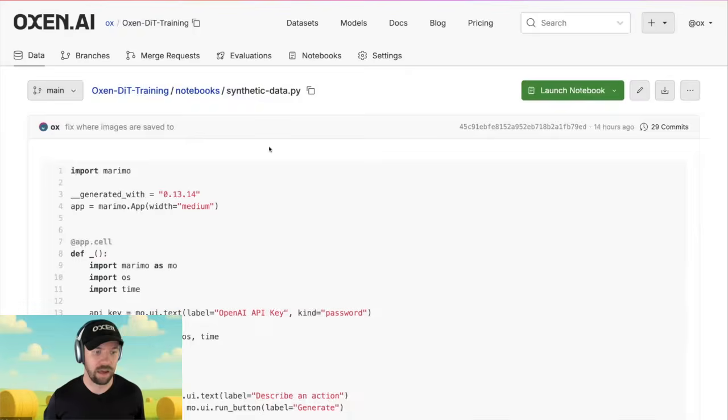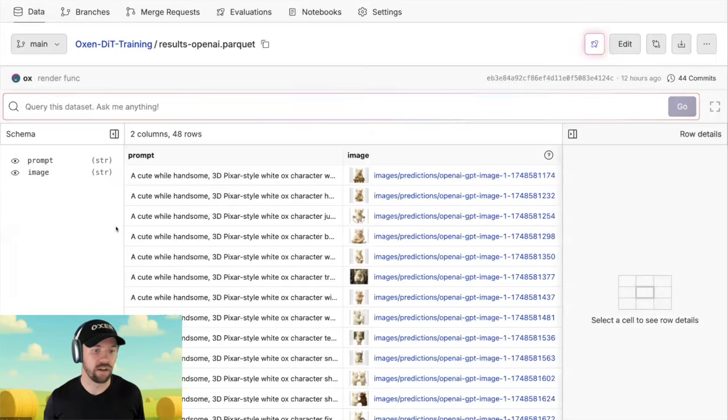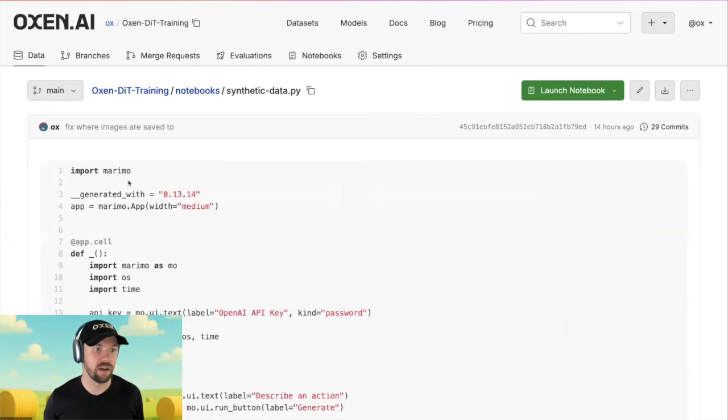And so I did that with OpenAI and with my 3 different models that I trained, the 1 epoch, the 20 epochs, and the 50 epochs. And I started with, oops, let me go back,